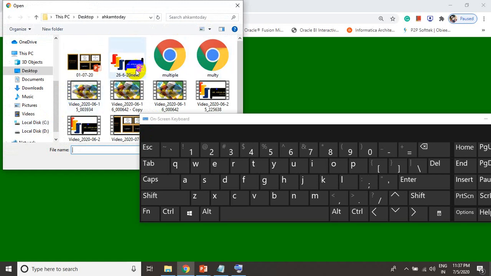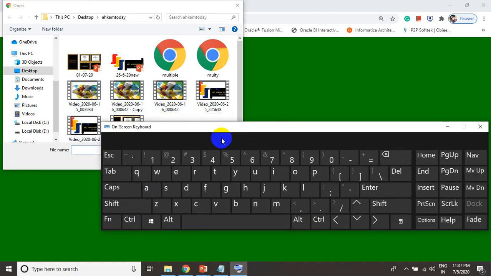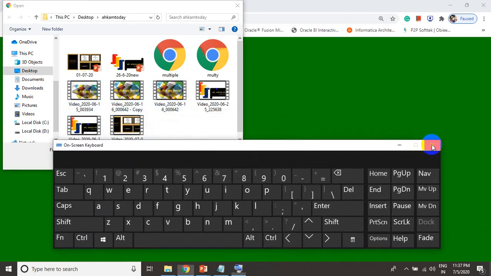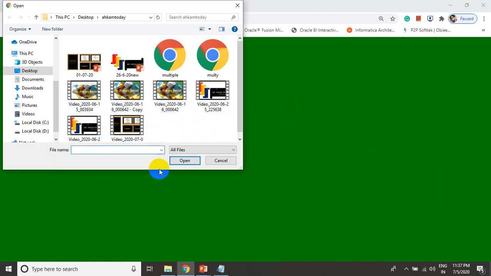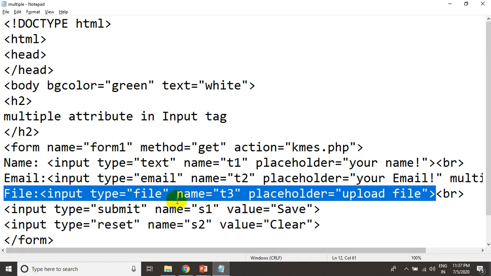Now I want to select all files, so I press Control, and to select all files we have the shortcut Control plus A. No file selected. Again Control then A, no file selected. Let me close this. So if I use input type equal to file, I can upload only one file.